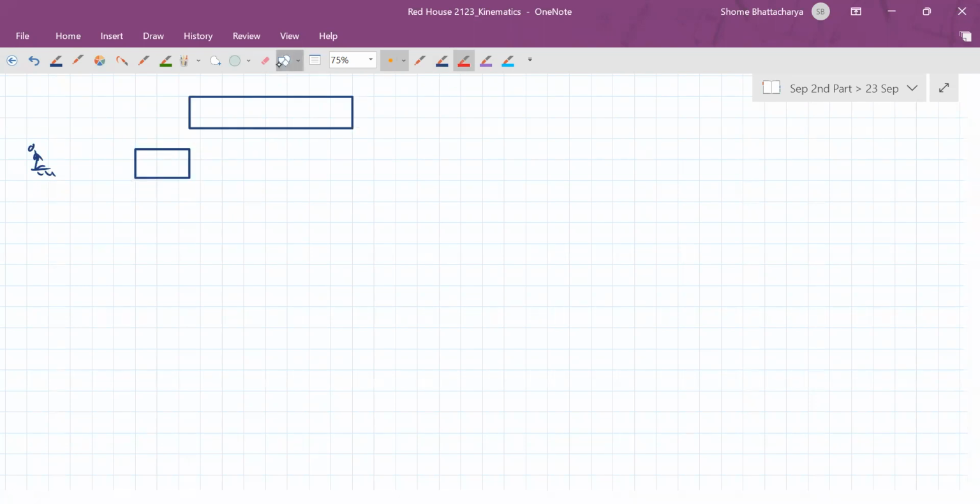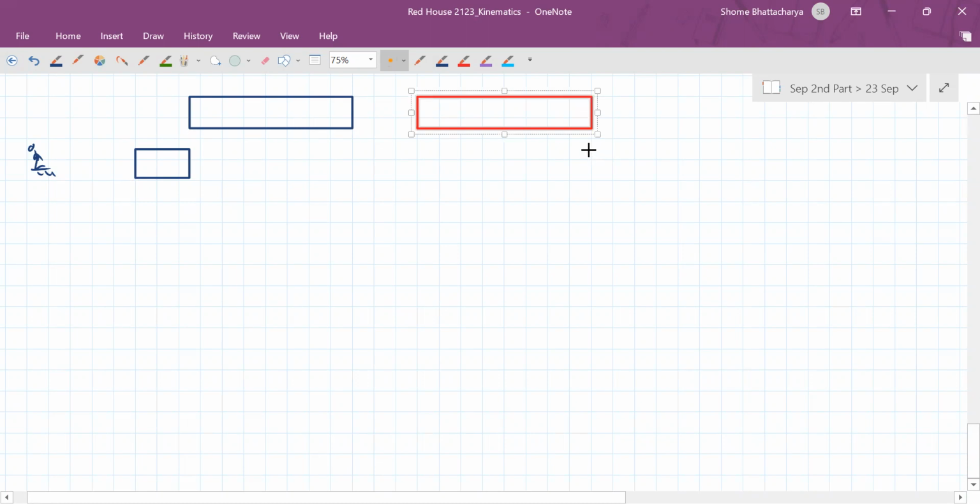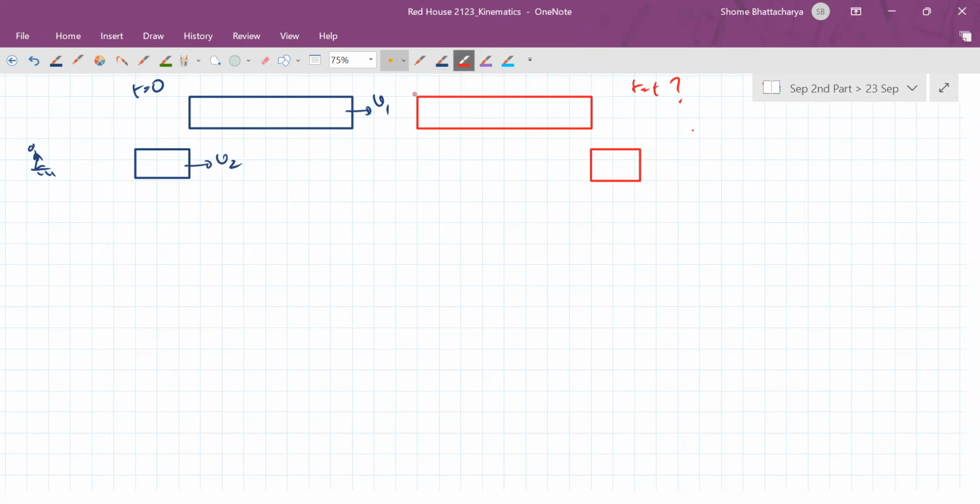And after some time, what should happen is the truck should be somewhere ahead, but the car should be much further ahead so that it has completed the overtake. So this is when the overtake is complete. This time we have to find, but this was the situation at t equal to 0. So the truck is moving with V1 and the car is moving with V2. So what we see here that